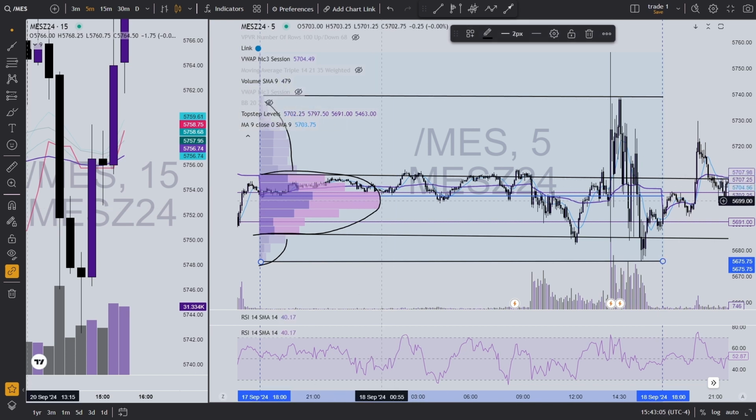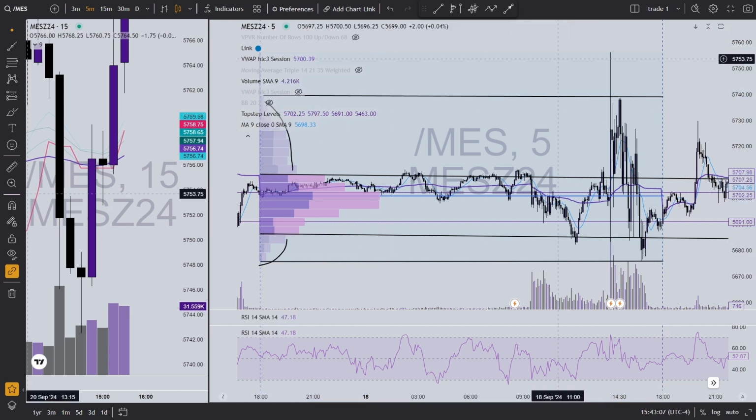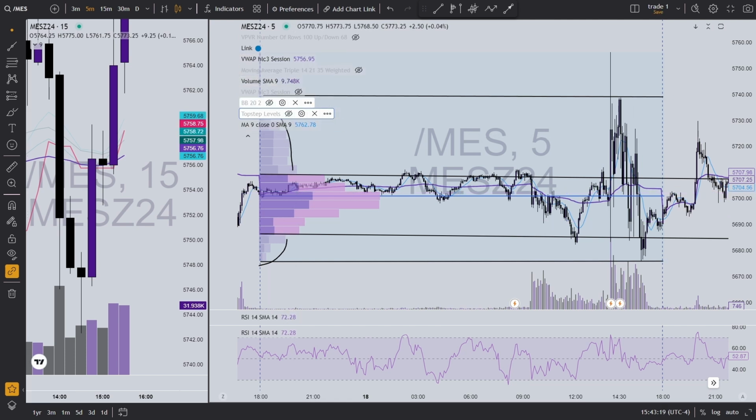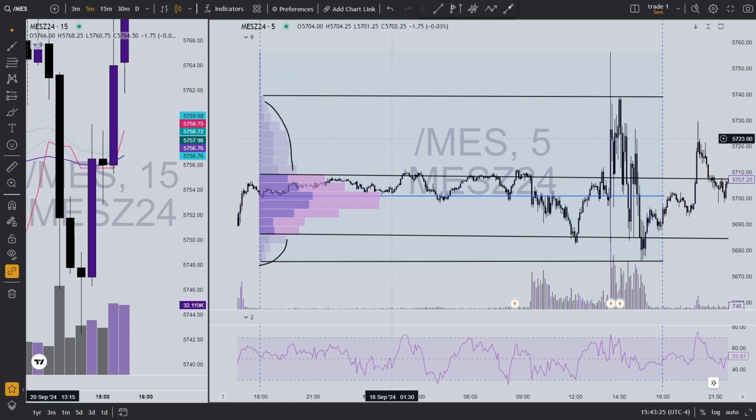So let's go ahead and clean up this curve. Now you see that the curve matches the outer and upper extremities, and I'm going to go ahead and clean up this. Let's see, these are my levels. Go ahead and do that. And what else can we clean up here just to make this super clean? Take off the VWAP. Okay. So